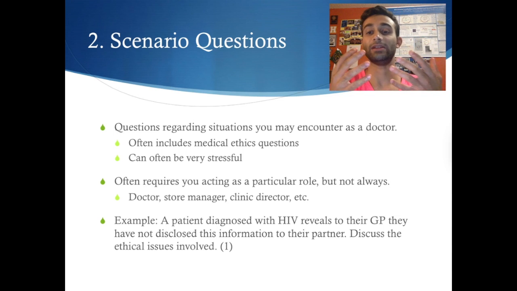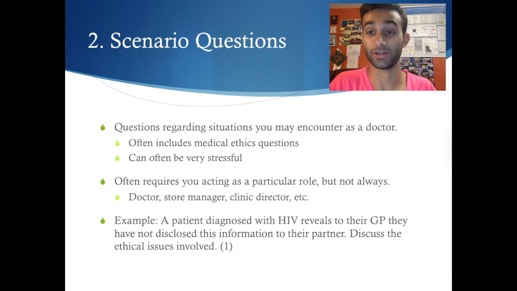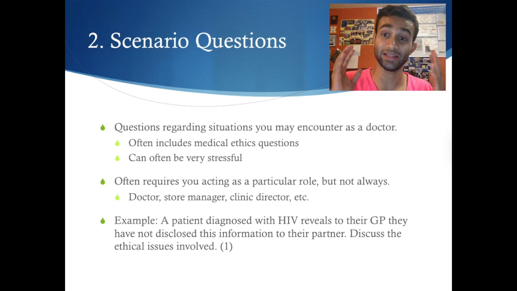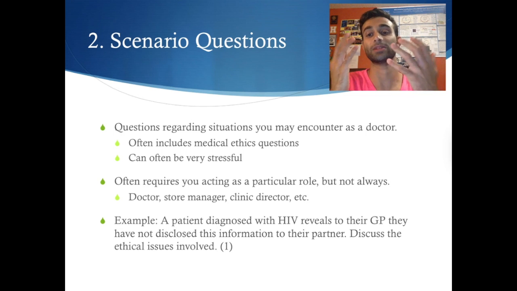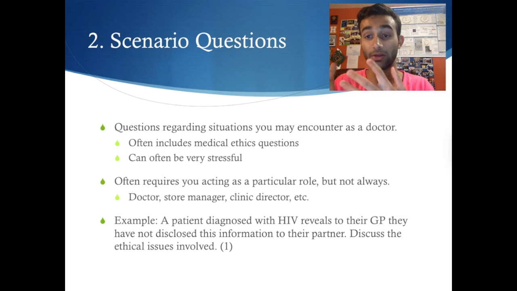So if this patient hasn't disclosed his or her information to his or her partner, it can be very difficult, because on the other hand, the patient might not want to disclose this information because he or she might be afraid it's threatening the relationship with his or her partner. So these types of things, again, that's a crossroads. You have to figure out what's best for the patient, what's best for the community, and you have to kind of play with that in your head and come up with a reasonable answer.